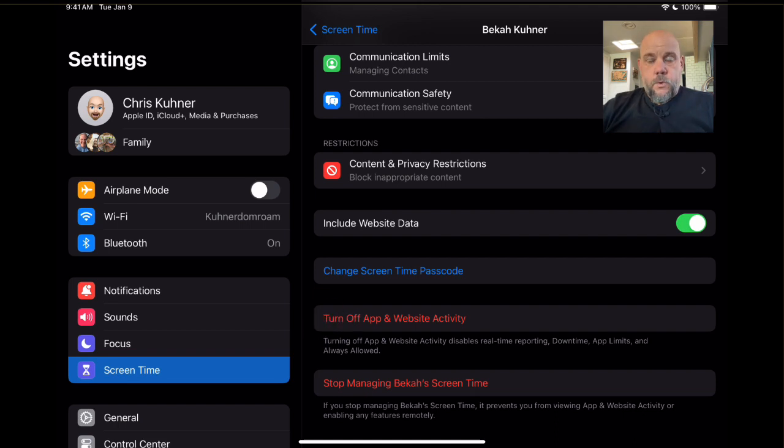Do not let your kids know what this 4-digit passcode is. If they know the passcode, they can override the settings on their device and you are not going to have any control anymore until you reset that passcode. Also, don't forget the passcode. It's not that easy to reset the code. Apple doesn't make it simple. They don't want kids to be able to do it. So don't forget your passcode and make sure you set one up because otherwise the rest of this is unimportant, because kids are smart and they know technology better than we do. So